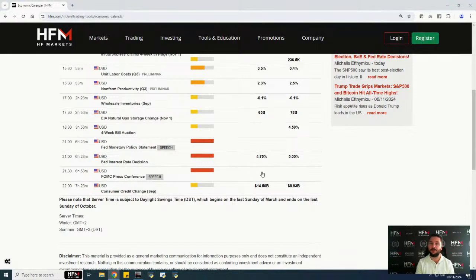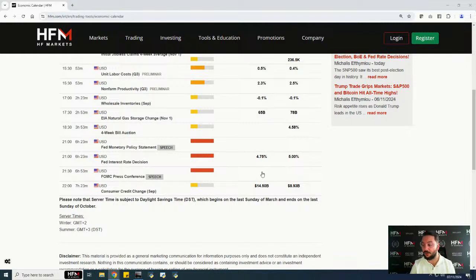But we want to hear if he's going to become less dovish. If he's going to become less dovish, then that's positive for the US dollar. But if he comes out and says the fact that Trump has become president changes nothing, our view on interest rates does not change, the forward guidance remains the same, we've cut this month, we're likely to cut next month as well, we're going to continue to monitor data and be data driven, and so on and so forth. If we get that scenario, then that can actually pressure the US dollar.